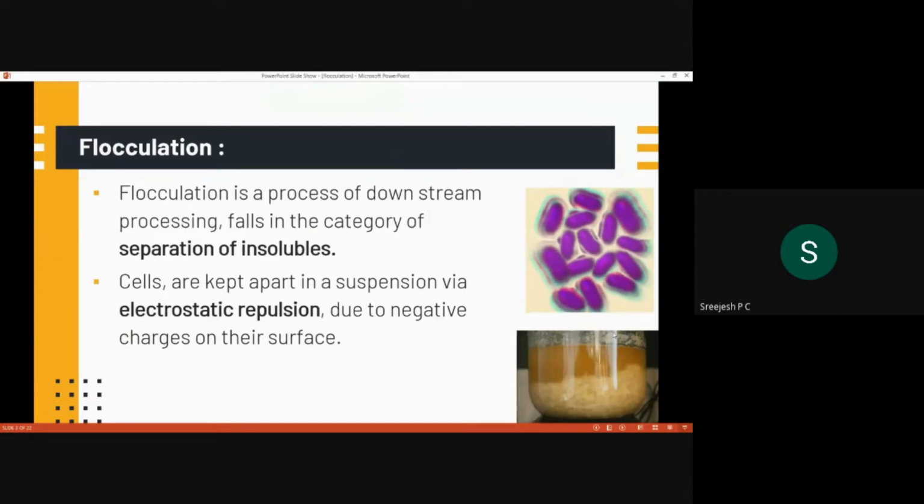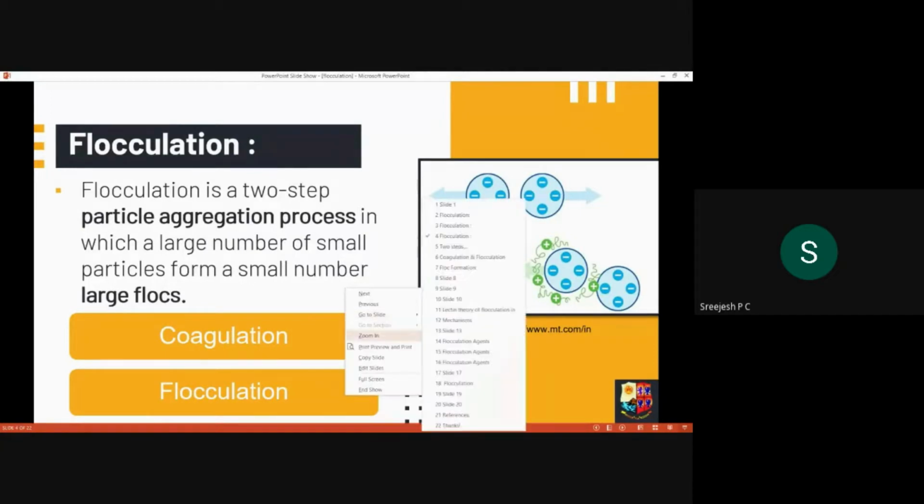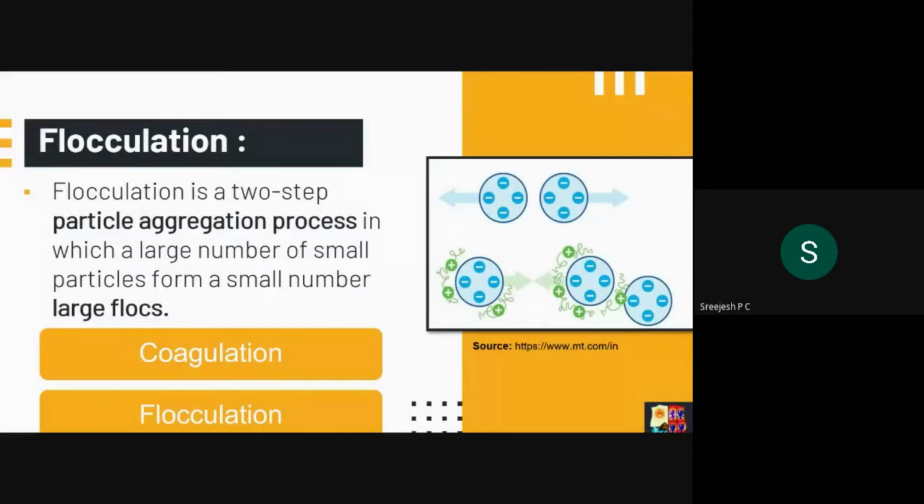Now you can see a down image. What it is showing is the formation of visible yeast flocculant. So this is actually yeast flocculant, where you will be able to see the formation of yeast flocculation. Normally, we all know that yeast is microscopic, but here you are able to see the yeast flocculant formation because of the formation of flocs. One second, I'll go to the full screen.